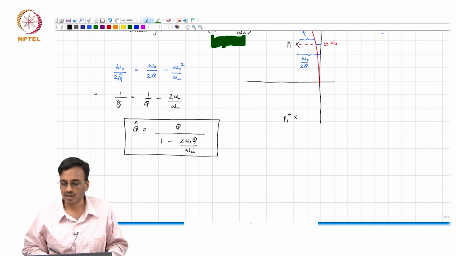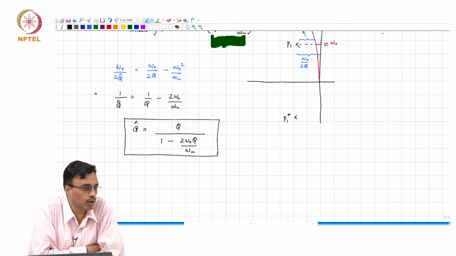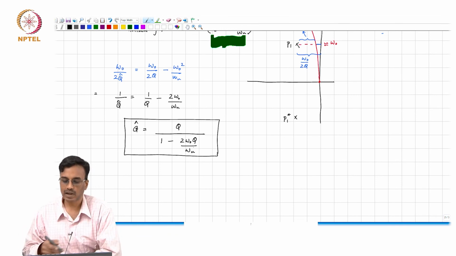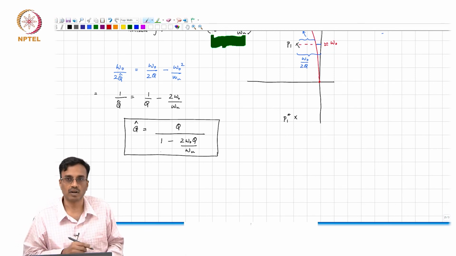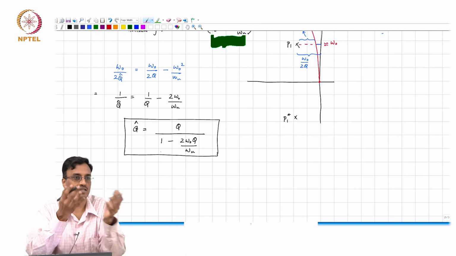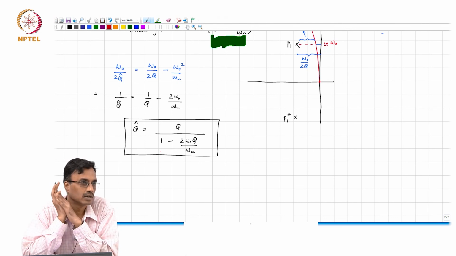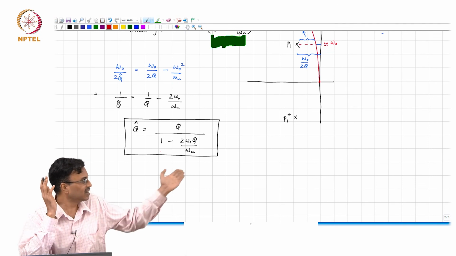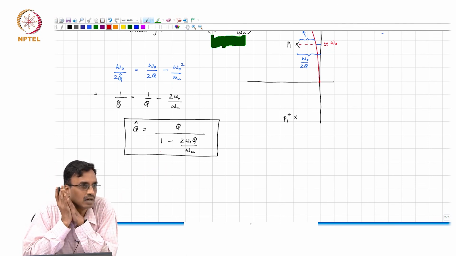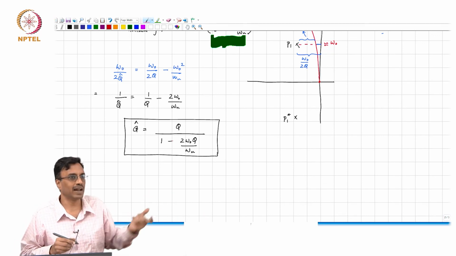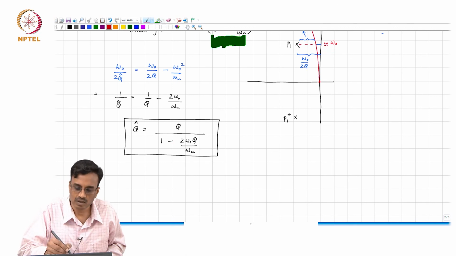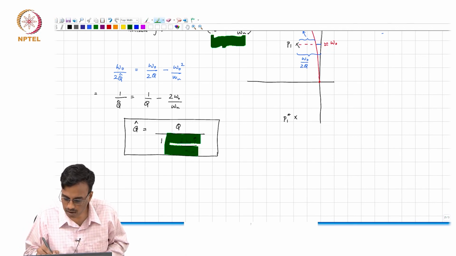So, if you want a quality factor which is close to what you intended, what comment can you make about the gain bandwidth product of the op amp? I mean, of course, large is the first order, zeroth order statement we can make, right. What is the meaning of large now? No, think carefully. What must be much smaller than 1? What is the meaning of large omega u? So, this factor must be